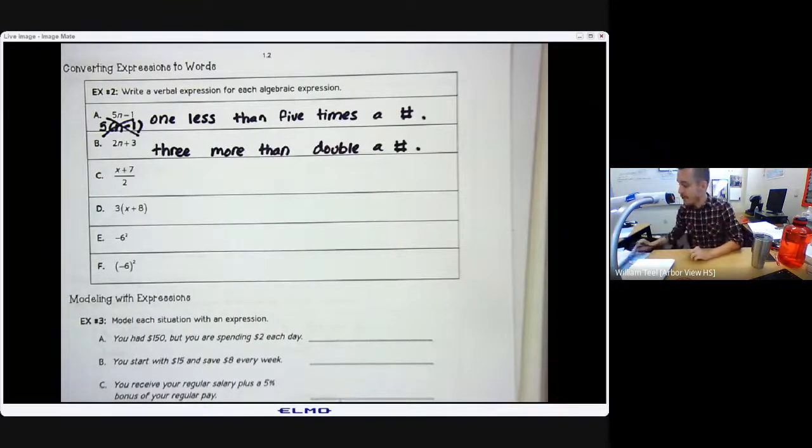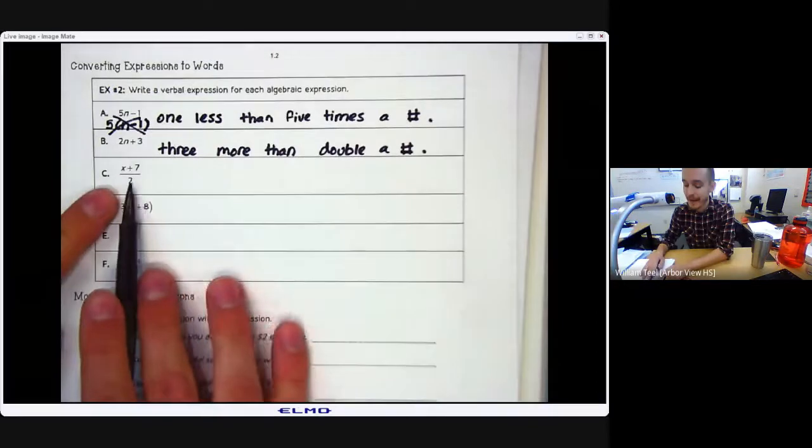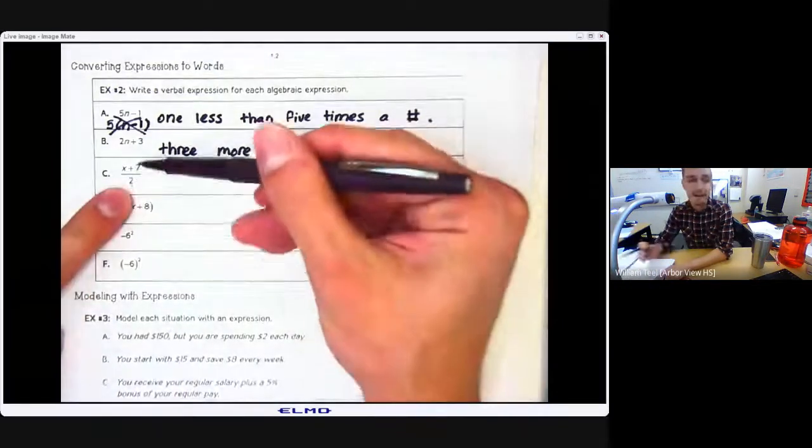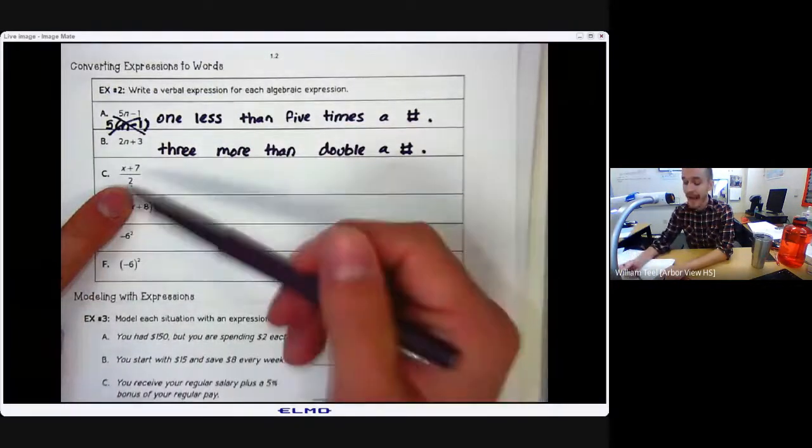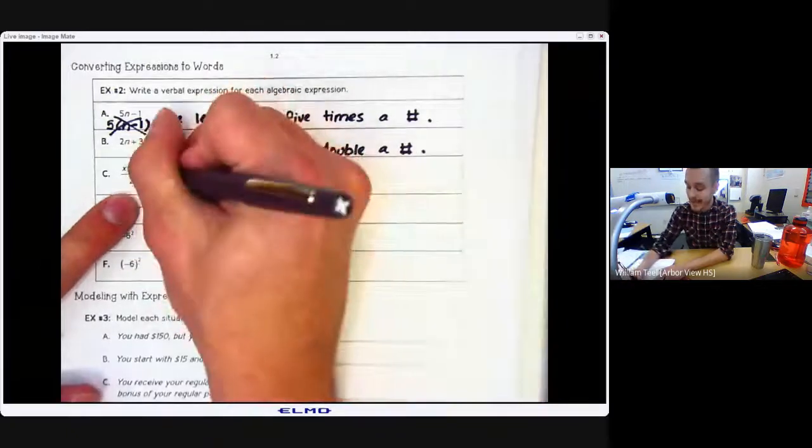All right, so moving on to part C. Now we're going to talk about what we would do here. So we have x plus 7 over 2. Now there's a couple of different ways we could represent this. I am going to use the fact that x plus 7 divided by 2 means we are taking half of x plus 7. So what I would say is we are taking half